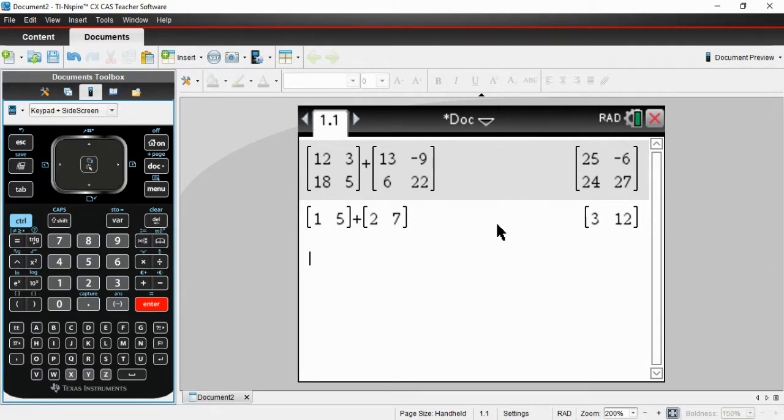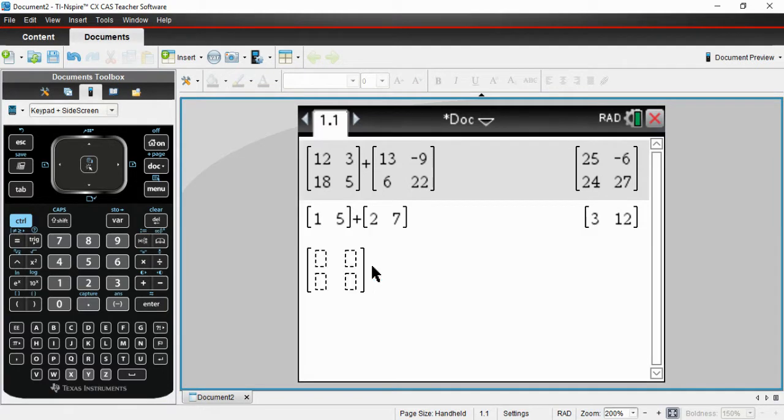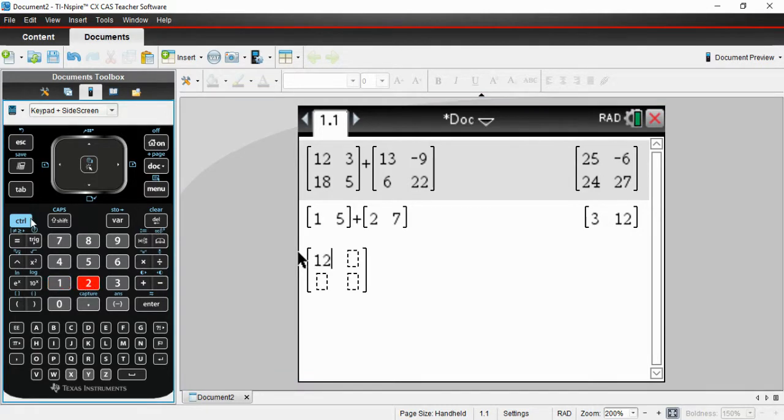Now, if we were to subtract matrices, we would be doing exactly the same thing as this guy up here, except putting in a minus sign in between the two matrices. So I'm going to use the same numbers. Press that button, choose 2 by 2. You have to press it twice. It's temperamental. And I type in 12, tab 3, tab 18, tab 5, tab, and my cursor is back on the outside. You can see that red line there, the outside of my matrix. So I subtract that, and I enter a second matrix. So press that button,